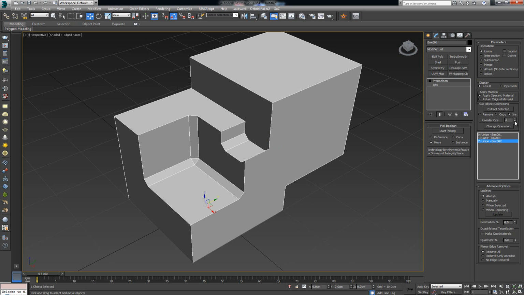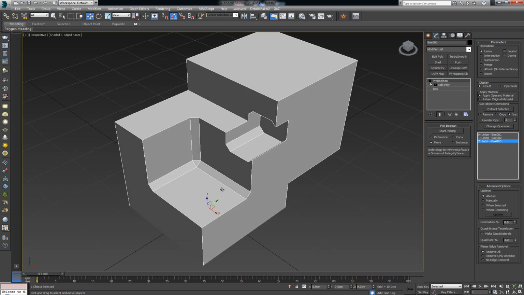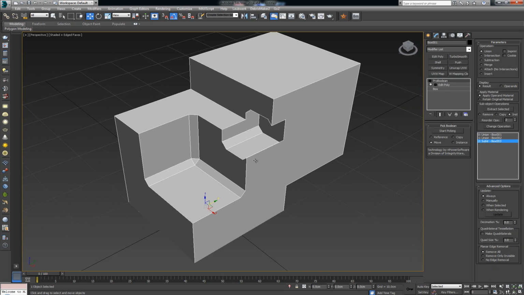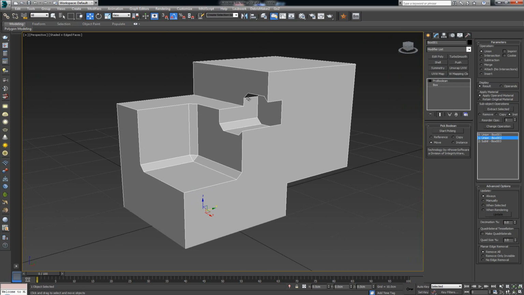If I place this on 1, like this, and click on reorder ops, what it's going to do is place it on top of our second box. Now the second box, or the second operation where we use the subtraction, is now below our box that we added,